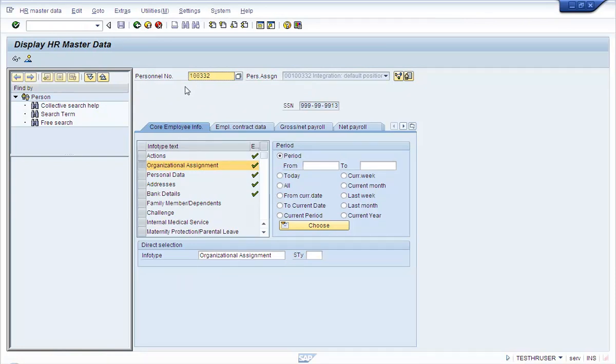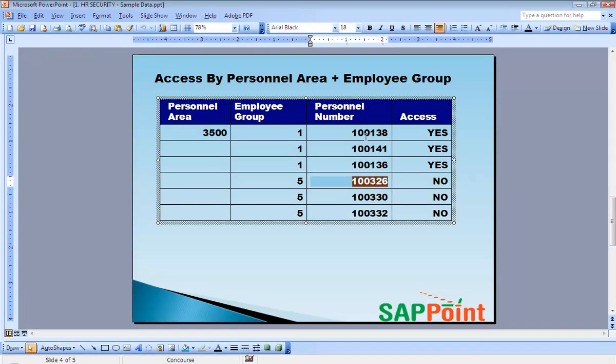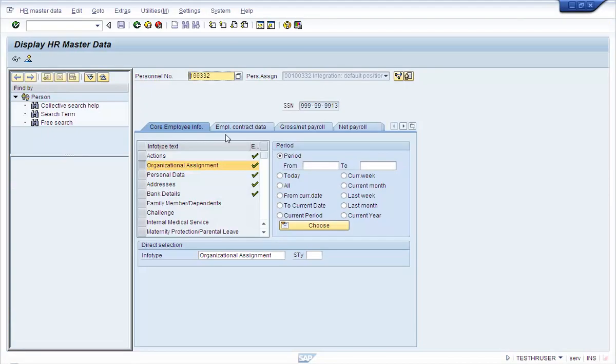And you see here, you don't see the personal name here, which means there is an authorization related problem. But if I take 138, then I can see all the information.